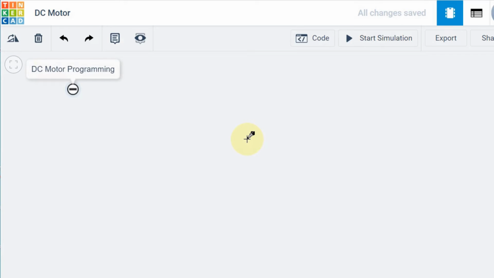So first we will see what a DC motor is, how it works with a normal battery, and how it rotates clockwise or anti-clockwise with respect to the polarity we are feeding to the motor. First we will see that, later we will go to the program, then we will get a clear understanding of how the DC motor can be energized.